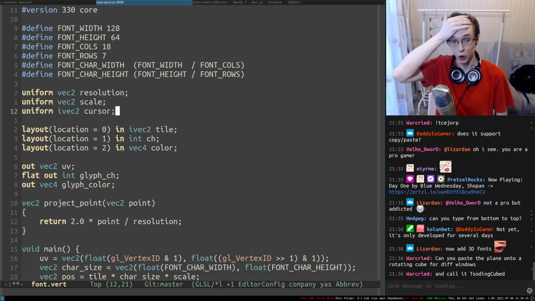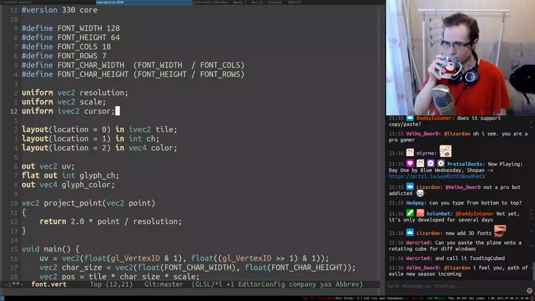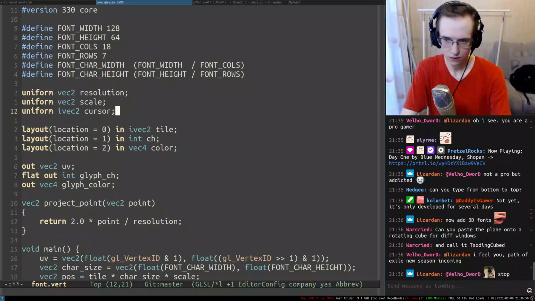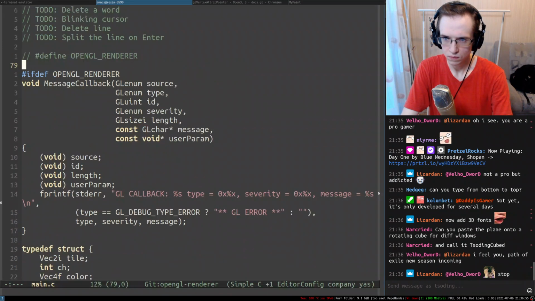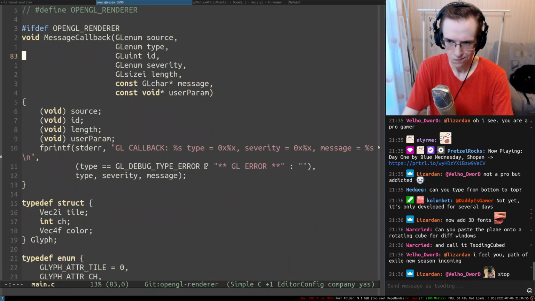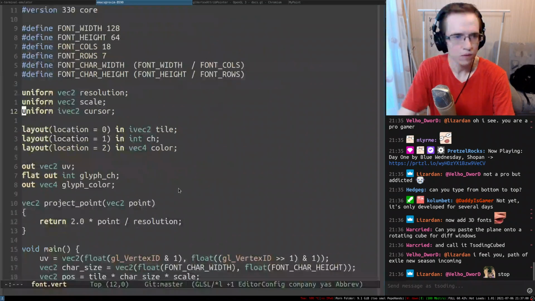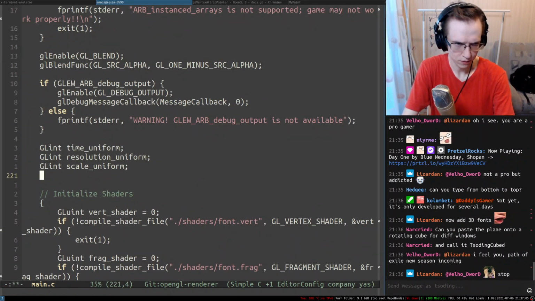So this is going to be our cursor. GLint cursor uniform.